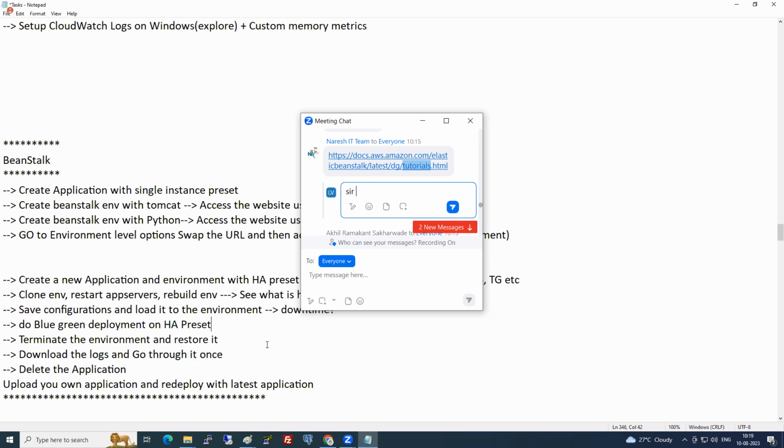Okay. So can you terminate the environment and restore it? Can you download the logs and go through it once? And finally delete the application. And one thing here is,